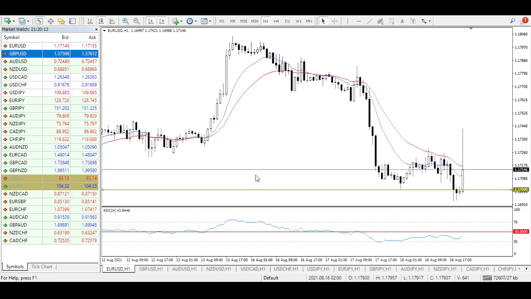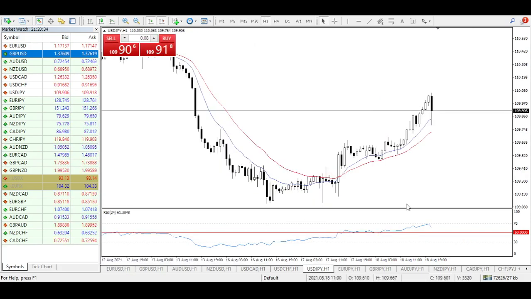Hi fellow traders, I'm making this video to share how I'm trading the release of FOMC today. I have taken my buy position in EUR/USD right when the market crossed above this minor swing high. I have selected EUR/USD because the movement to the upside in EUR/USD in the initial 3-5 minutes was bigger than the